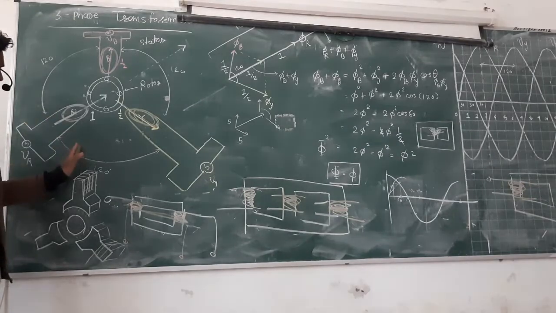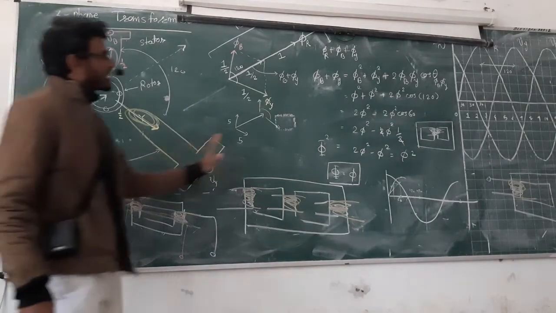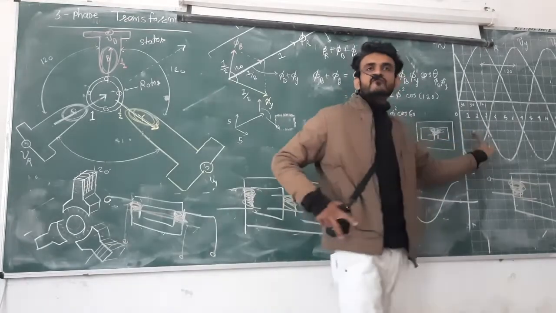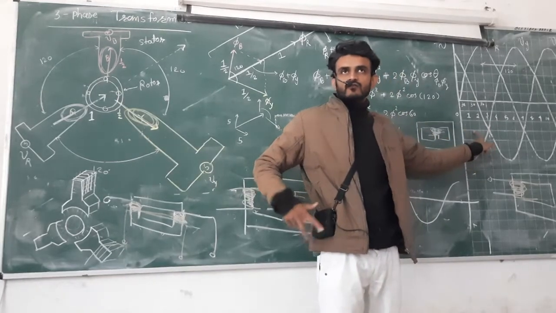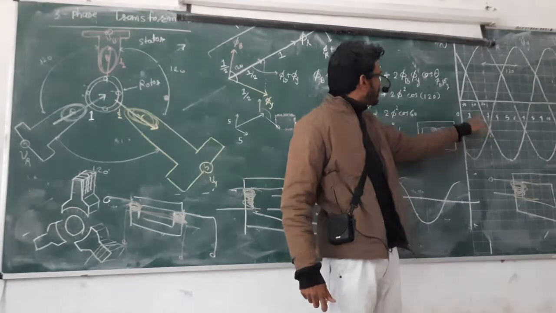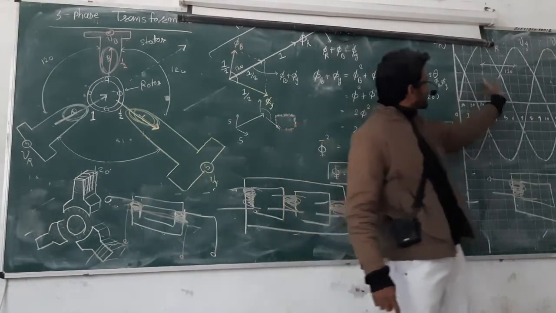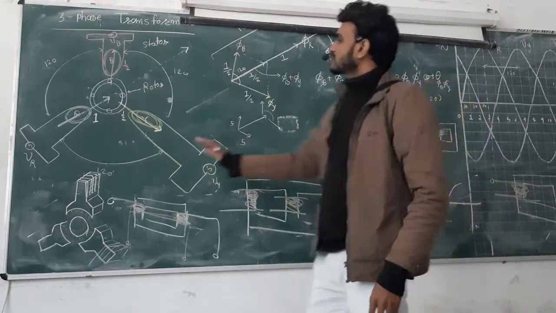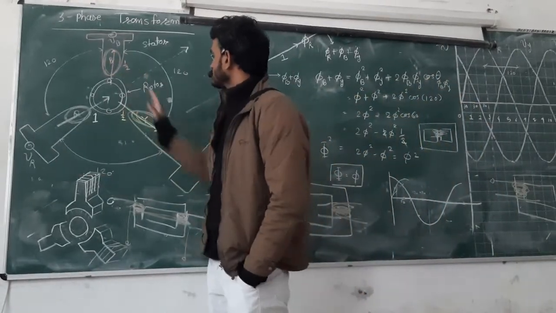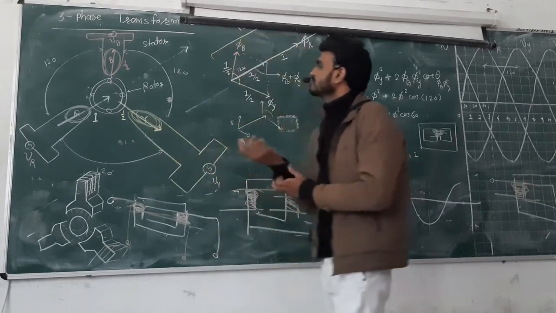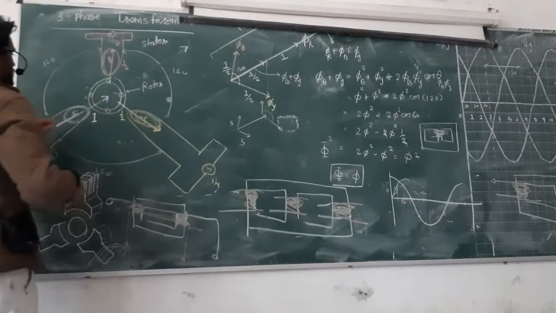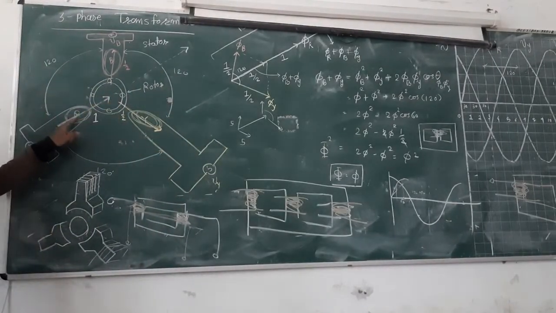When you have three windings, you give this kind of AC supply that is generated from a three-phase alternator, a three-phase generator. Inside the three-phase generator, there are three different coils, and they generate this kind of supply, and that supply is fed to these three coils. When you give three-phase supply to these coils, there will be a rotating magnetic field, and that rotating magnetic field